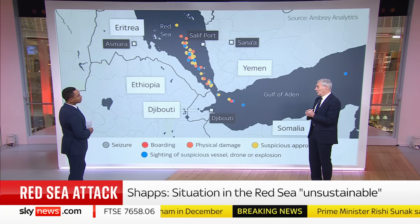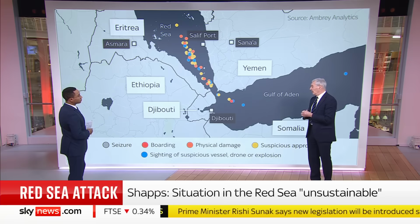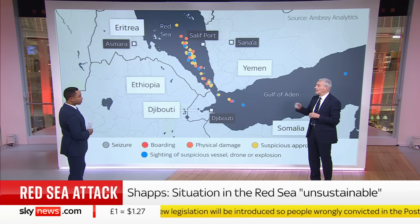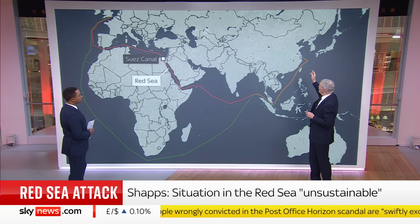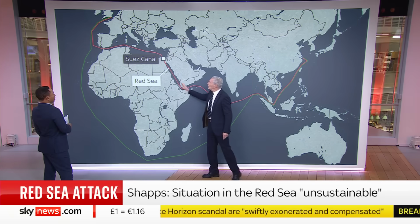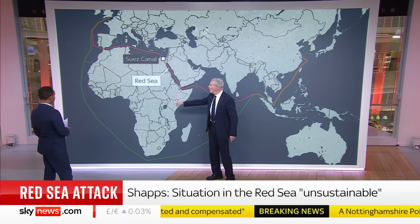And the result of that, of course, is that there is a great deal of diminution of traffic. 90% of the traffic this time last year has disappeared. Only 10% is now going through. And the reason that this matters is because this is the route. If you're taking something, say, from Shanghai to Rotterdam, instead of going through the Red Sea and the Suez Canal and the Mediterranean, ships now have to reroute all the way around the Cape of Good Hope, and that's twice